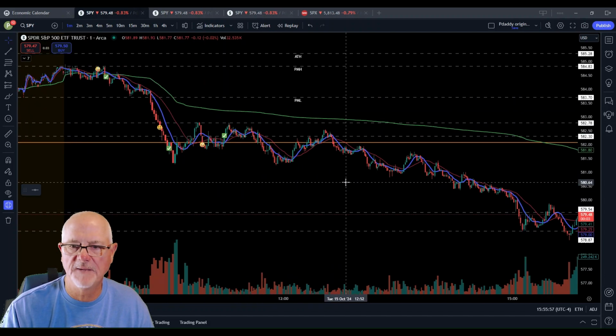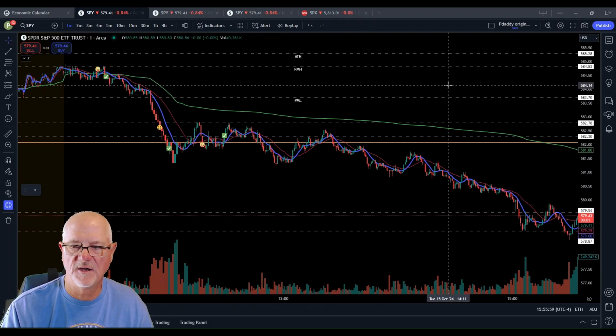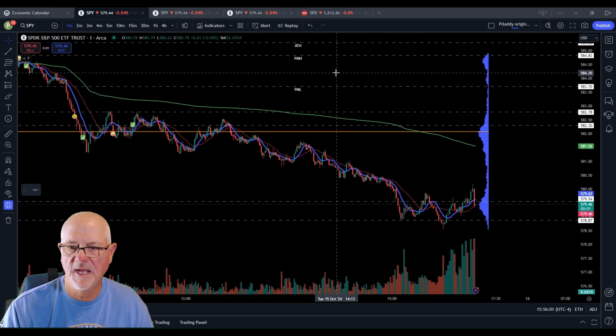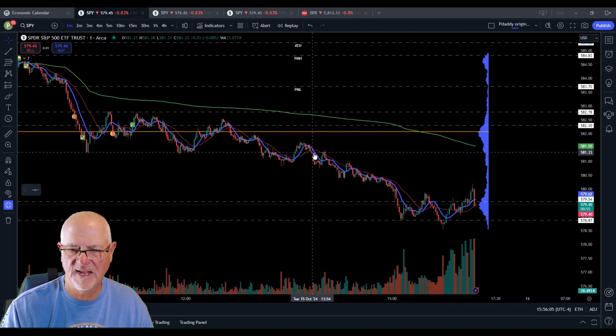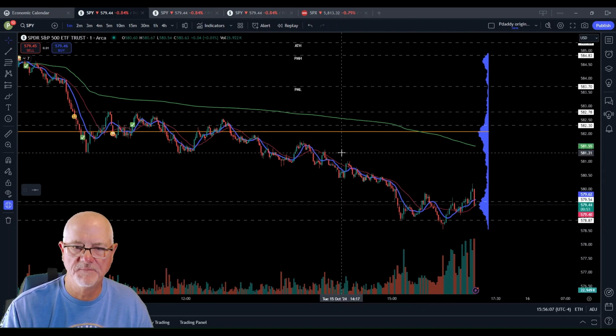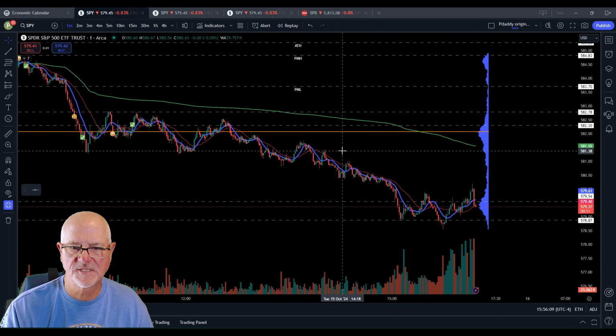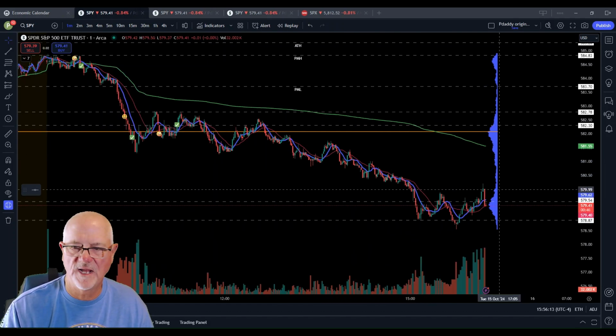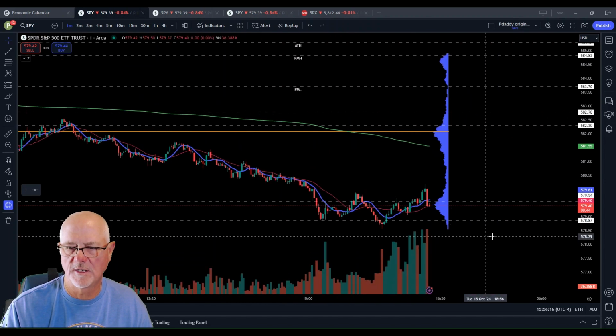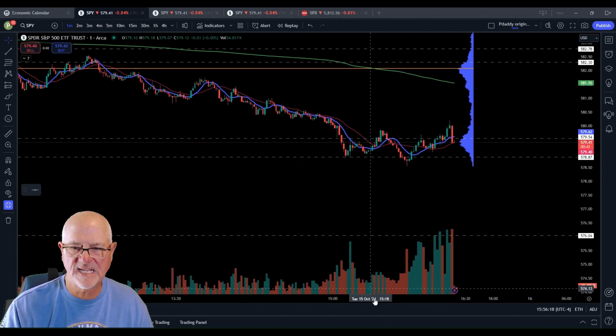And I did take another play later in the day, which was a very, very nice play. I do believe it might have been this play right in here. I have to look back through my notes, but it was a nice play. There's about a 60-cent move to the downside, so I think that was it right in here, somewhere right around in there. But again, folks, nice red candlestick right now that we're working on. But yeah, that's how she played out today.